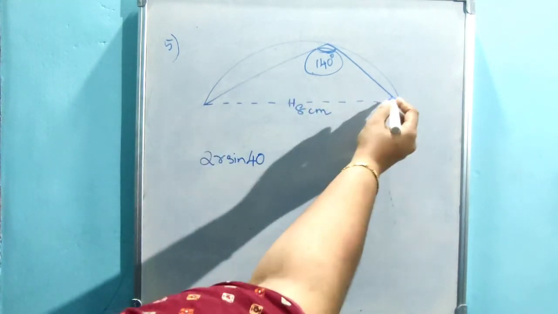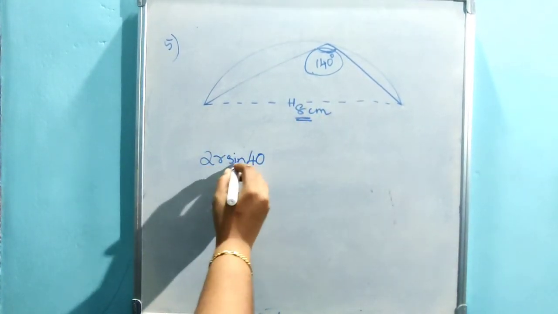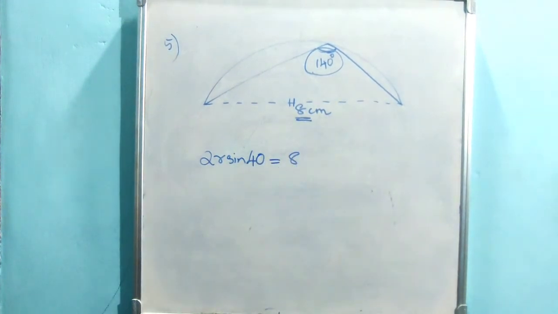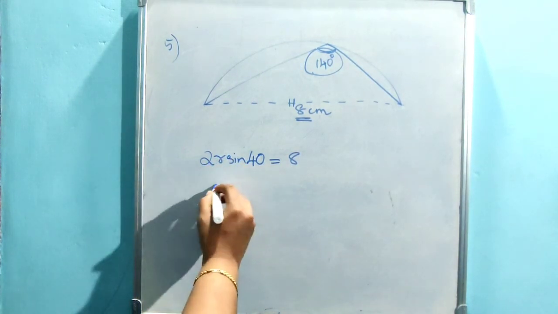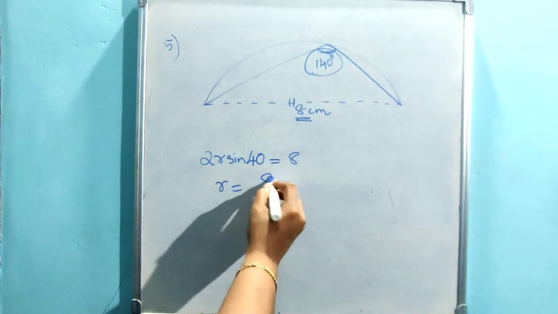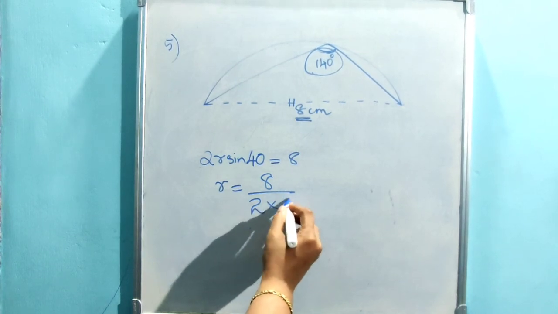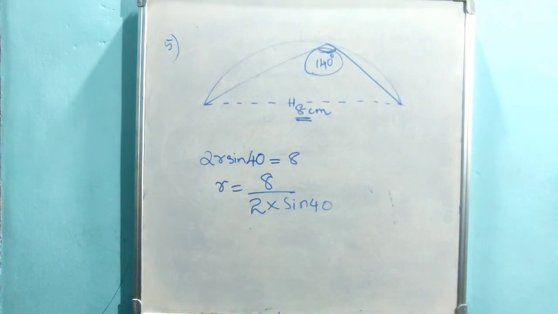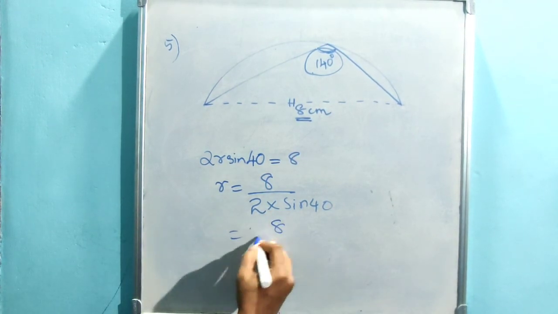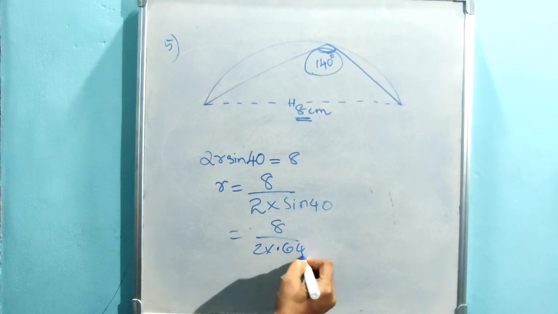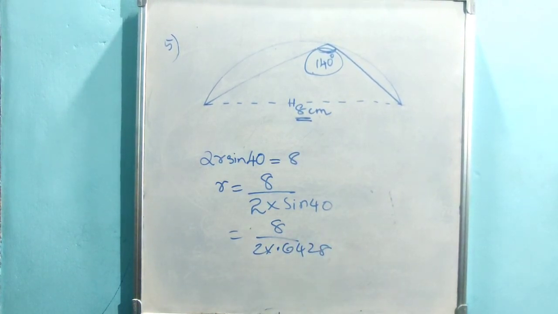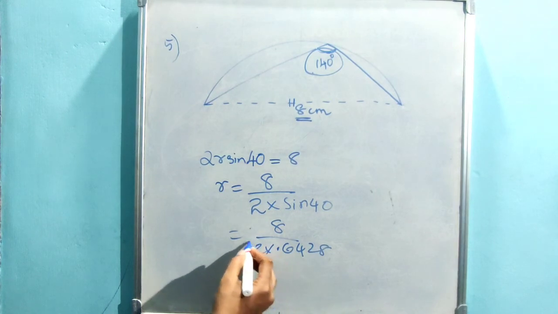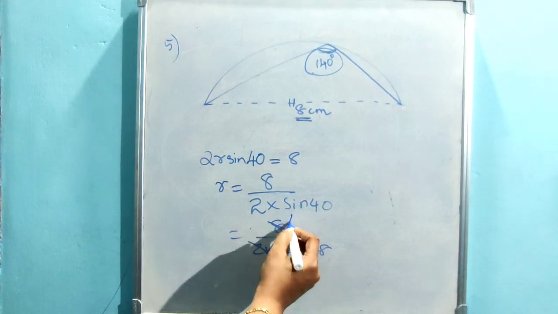So this side 8 centimeter is 2r into sine 40. 2r into sine 40 is equal to 8. Then R is equal to 8 divided by 2 into sine 40. Substitute the value of sine 40 and find the answer. This is equal to 8 by 2 into 0.6428. The value of sine 40 is 0.6428. Let us cancel this 2 and 8 first. That is 4 by